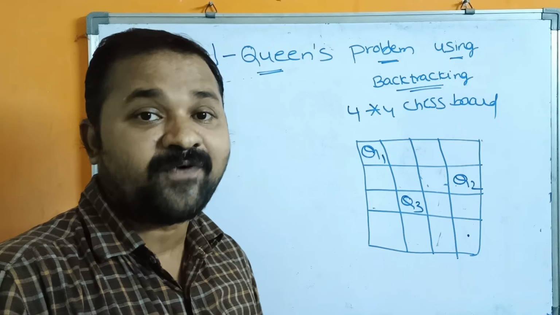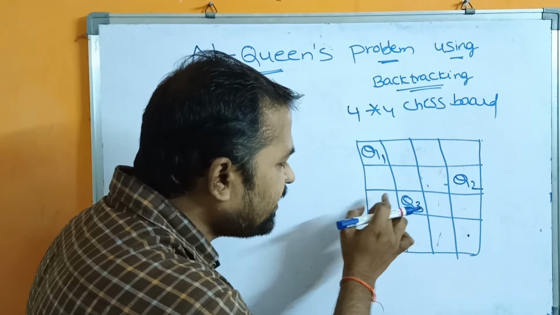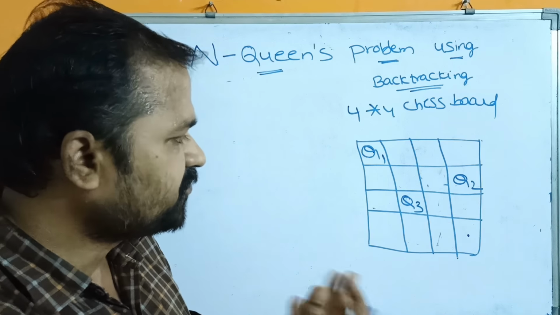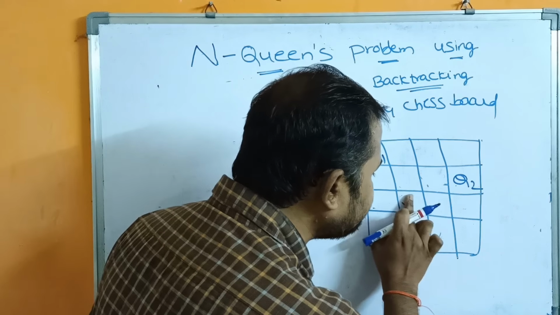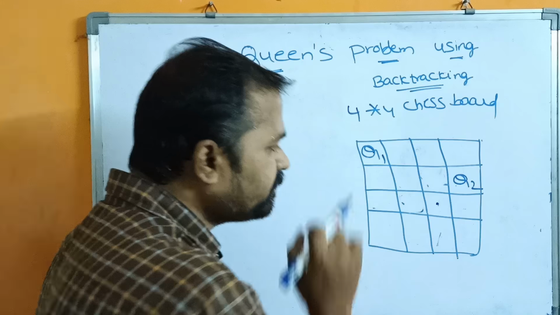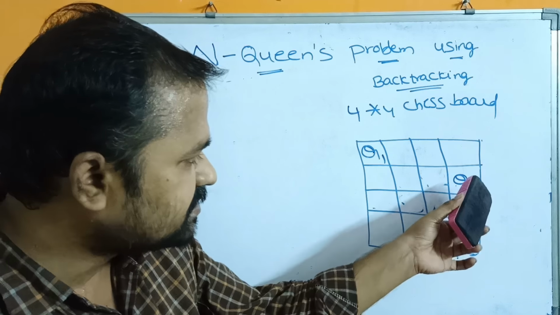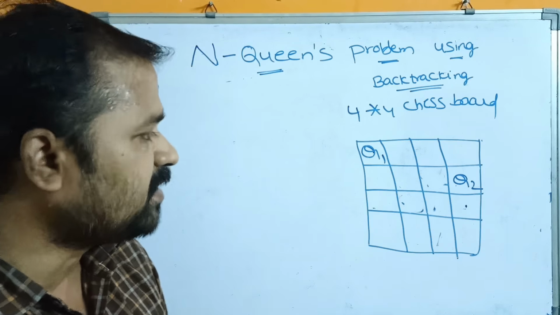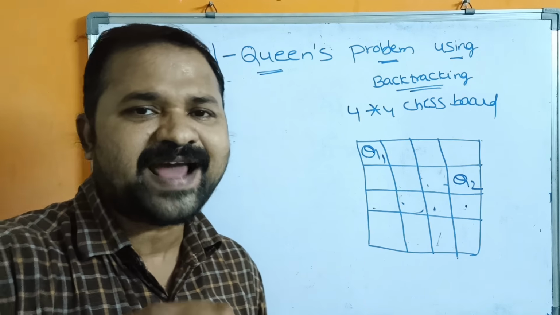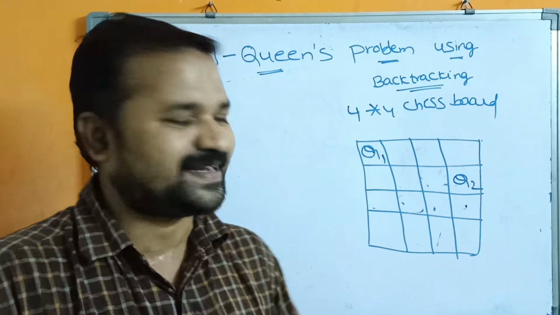If there is no solution, then what we have to do? We have to backtrack to its previous queen. So Q3 is available in second row, the second cell. There are 2 other choices, so let us try for that. Can we place Q3 in second row, third cell? It's not possible. Why? Because these 2 will become same diagonal elements. Next, can we place Q3 here? No. Why? Because Q2, Q3 will become same row, same column elements. So there is no position for placing Q3 in the chessboard. In that occasion, we have to backtrack to its previous state.